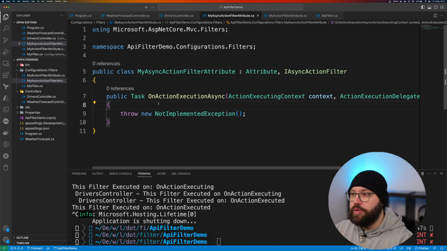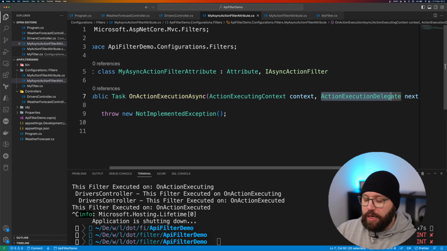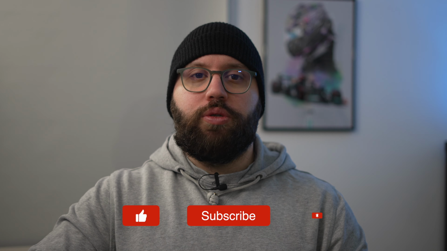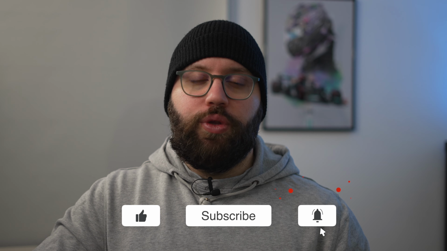And this is going to be the difference, because here, as we can see, we're having a context and we have the delegate. So what this means here is once we actually want to return that delegate back to the application itself, we're going to actually be able to control the before and after, and this is going to be the key part. So here we can see that within the delegate, again, this all goes back to the middlewares and how those work. So I really suggest you watch that video in order for you to get a better understanding of all those delegates. But what I mean here is basically because, as we said, those actions and those filters and the middlewares are going to be running in order, and basically the way they actually